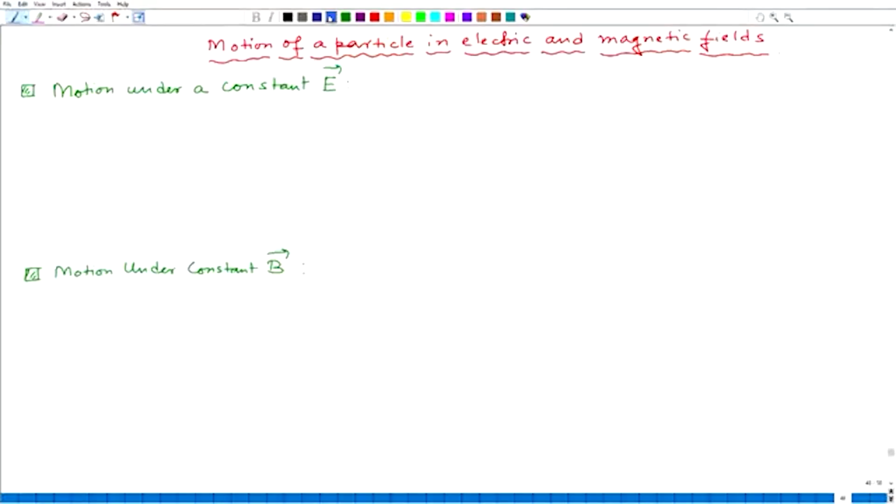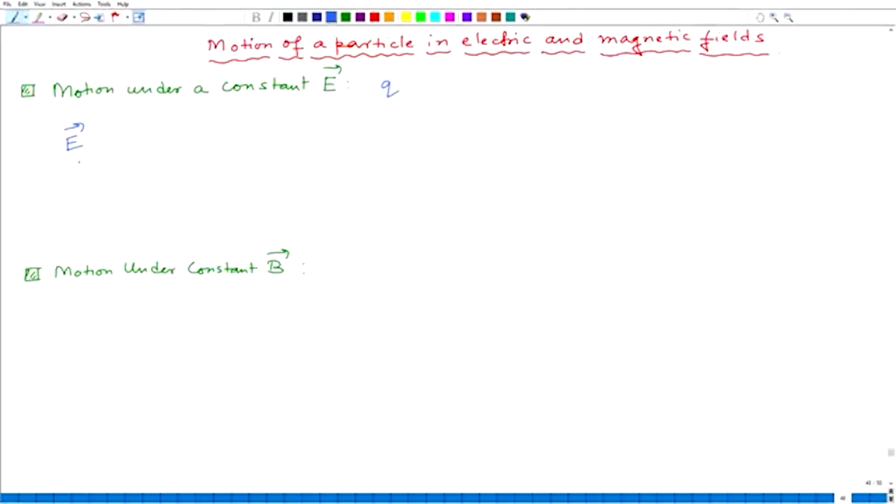First, we will take the condition that I have a particle of charge q which is placed in an external electric field E. Just before starting, I would like to mention why I am discussing this concept here: because it actually will use the basic concept of simple harmonic oscillations as well, as you will see. First, I am thinking that I have a uniform electric field E, and in that field a point charge of plus q is